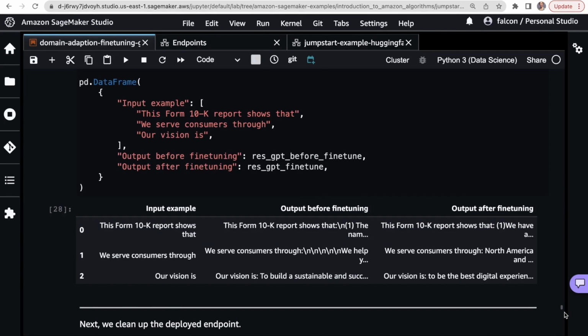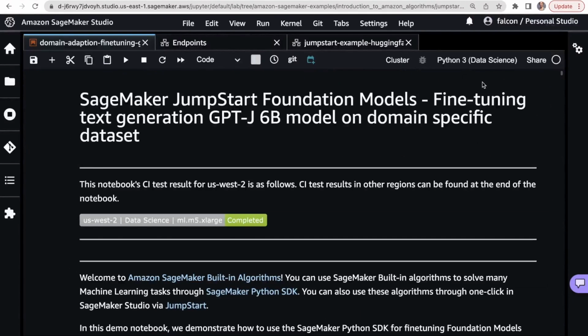And so in this notebook, we see that fine-tuning even a very small model, this GPT-J 6 billion parameter model, on an extremely specific data set, such as the SEC filings for Amazon, can generate really powerful results.